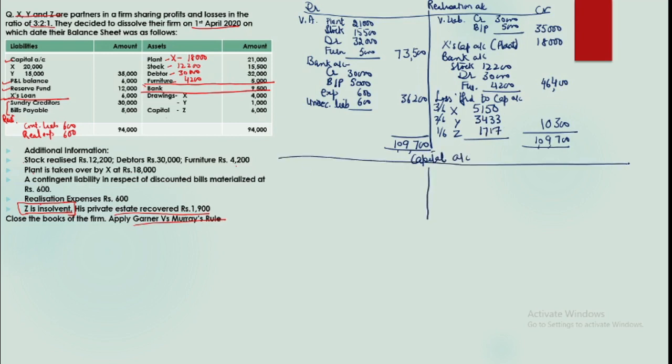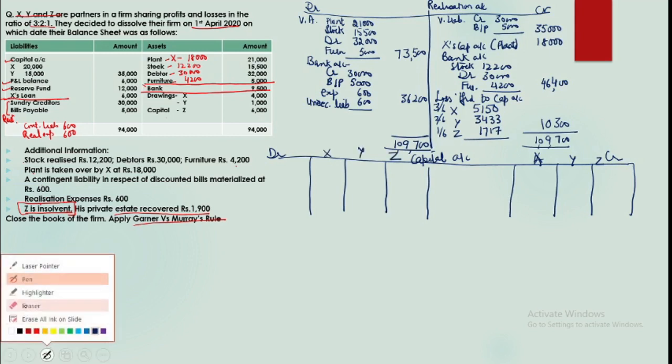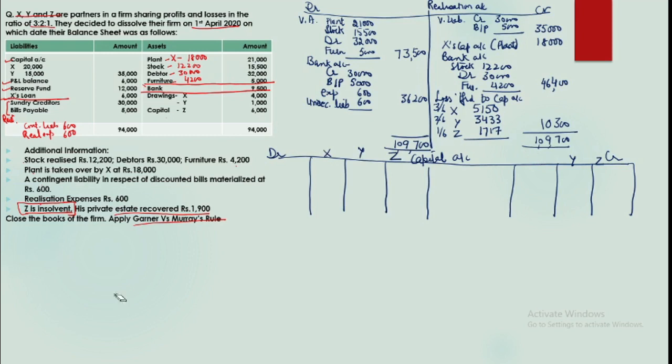of final payment. Okay, so just make a format, prepare the account. Now till now you know the complete process of preparing capital accounts, right? When we are to prepare capital accounts, what we have in our hands is the balance sheet and we have with us the realization account. So just make the posting. So first of all, pick up the capital balances and other amounts belonging to partners. So you have the balance here. How much is the balance? 20,000 for X, 10,000 for Y.